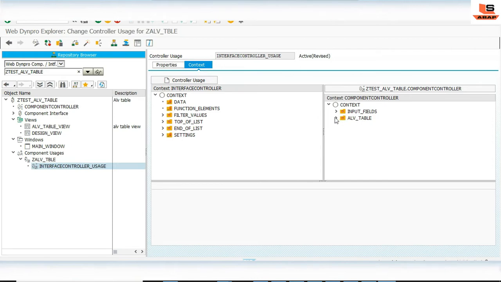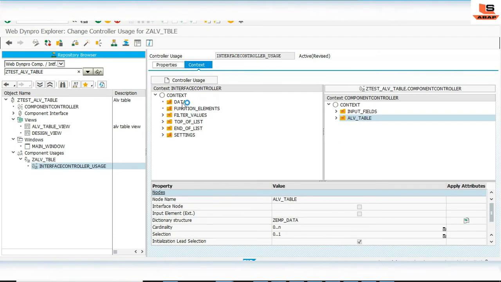For the external contextual mapping, we just need to drag this and drop it on this data. Here we have a context called data, in which you have to just drag and drop. As you can see here, external mapping for context data was defined. This is a very important thing. Whenever you open this ALV table, it will go inside this standard component, and we can see our data on the ALV screen. Okay, so that is done. Just check and activate. Now we are almost done.